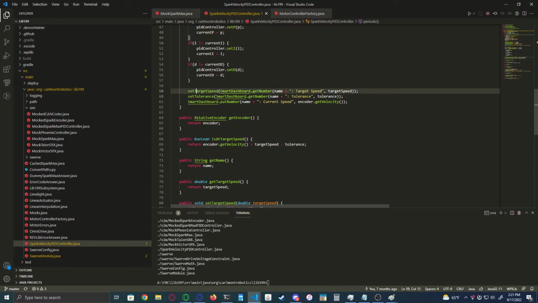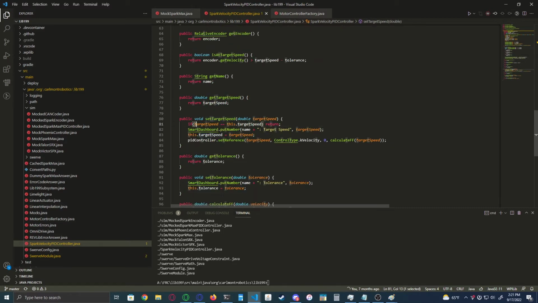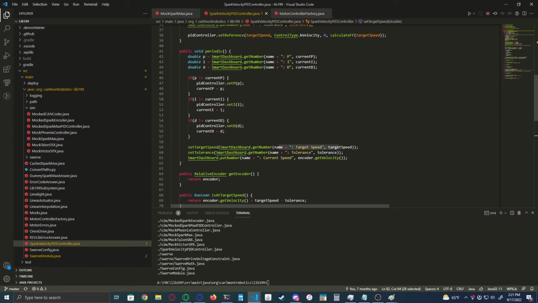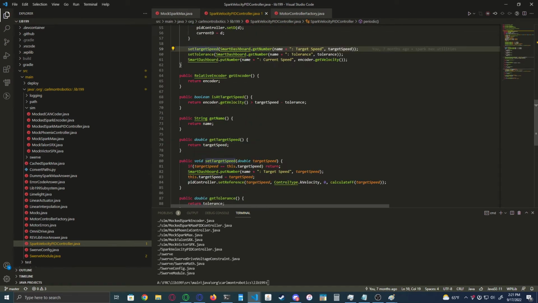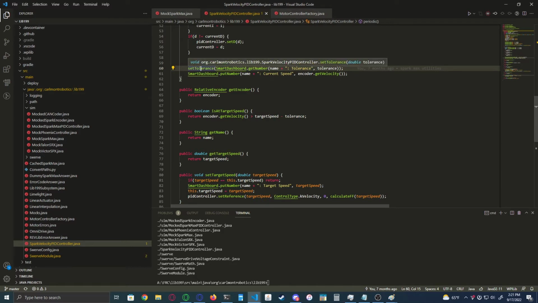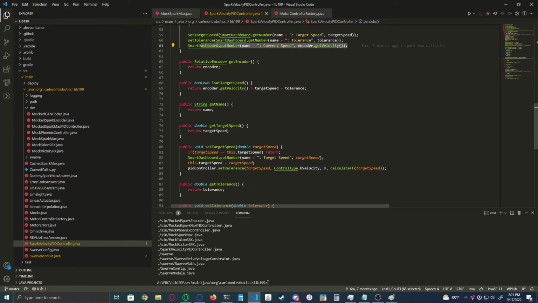Next up, use SmartDashboard to get the target speed and call set target speed with that, which actually puts it back to SmartDashboard, so more SmartDashboard stuff. But update the target speed from SmartDashboard if it changed. Update the tolerance from SmartDashboard if it changed, and then put the current speed to SmartDashboard. Then you can see we have a check for is it at target speed, and this is useful for when